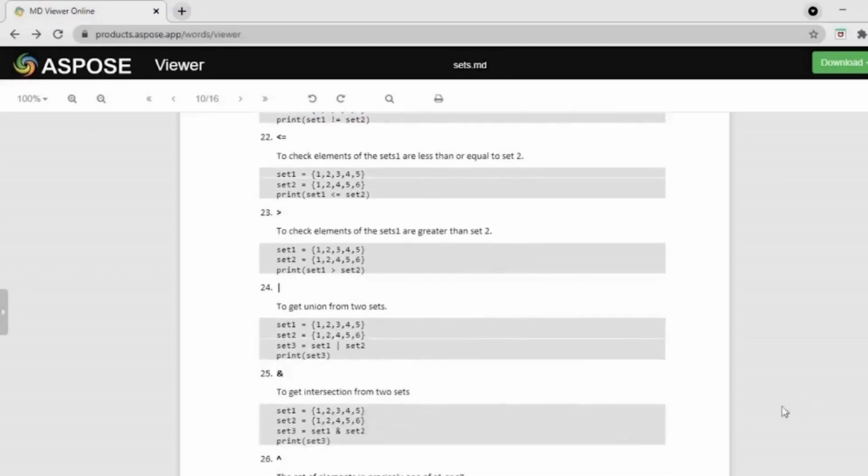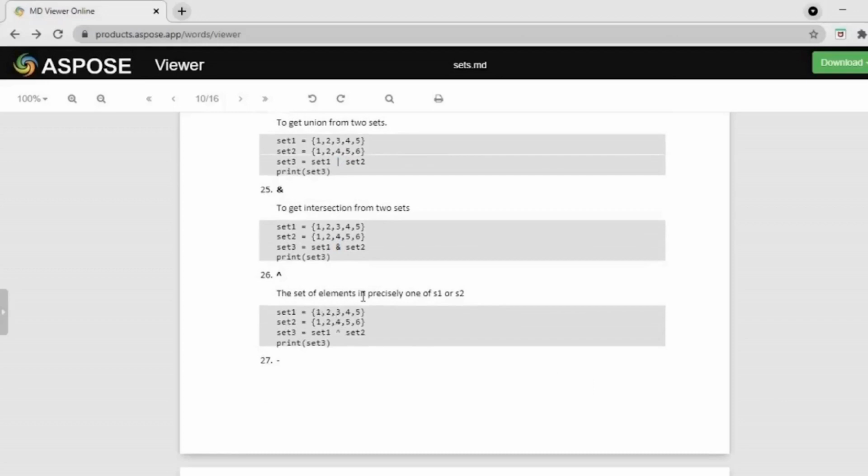And to check the elements of set 1 are less than or equal to set 2, we use set 1 less than or equal to operator. And to check elements of set 1 are greater than set 2, we use greater than operator. And to get union of the two sets, we use OR operator, and to get intersection of two sets we use AND operator.